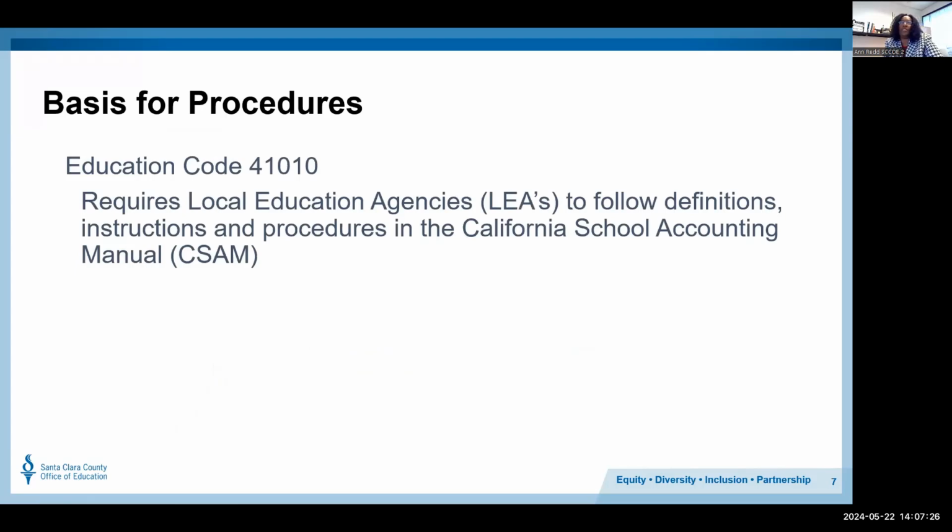The basis for procedures is Ed Code 41010, which requires local education agencies to follow definitions, instructions, and procedures in the California School Accounting Manual.